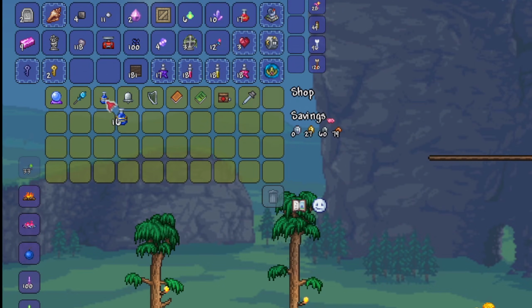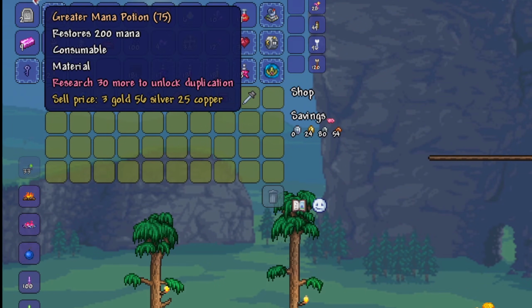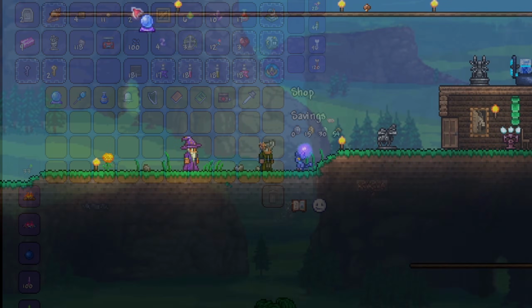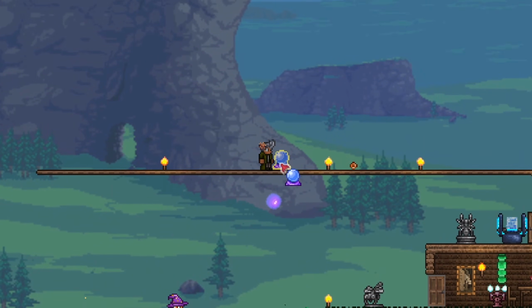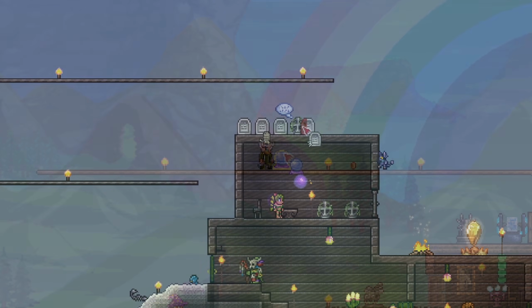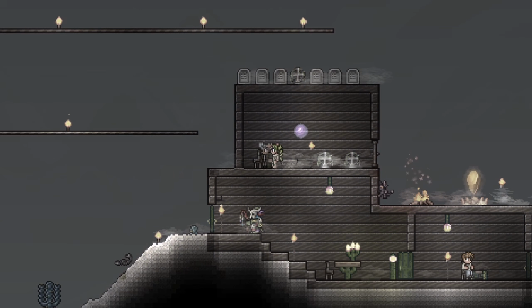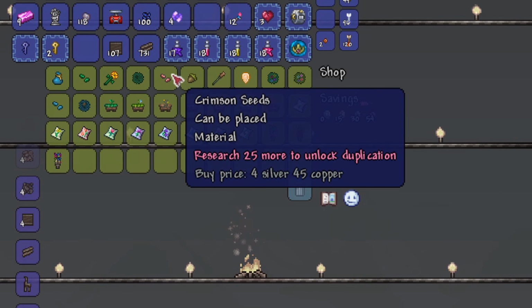To prepare for the mechanical bosses, buy lots of greater mana potions from the wizard. You can get a crystal ball as well. It's a crafting station, and it also gives you a magic power buff when you click on it. Head over to your Dryad and place Graves down to create a graveyard biome. She will sell seeds of the opposite world evil, so get your Crimson seeds